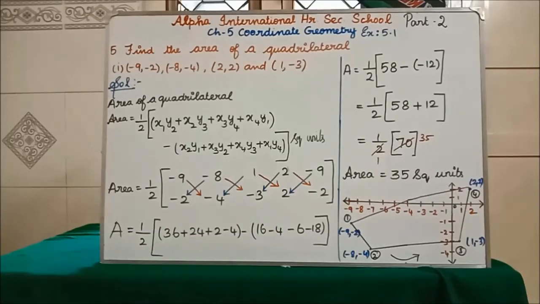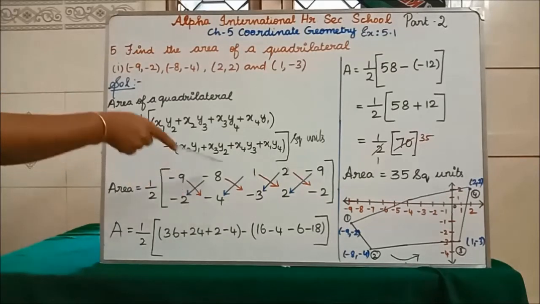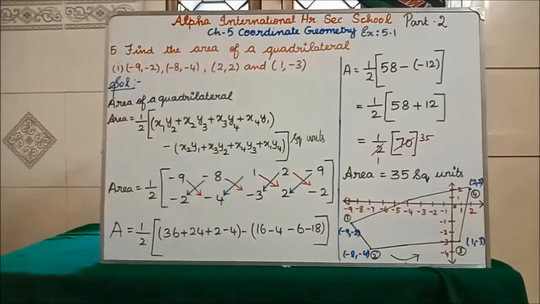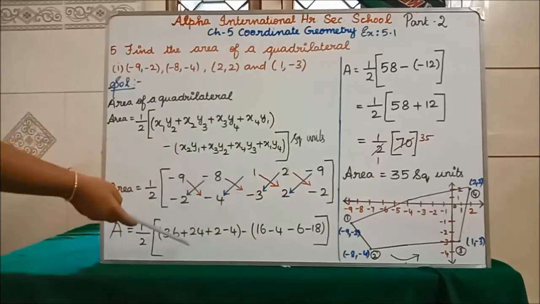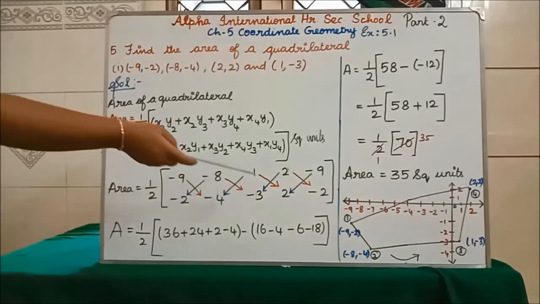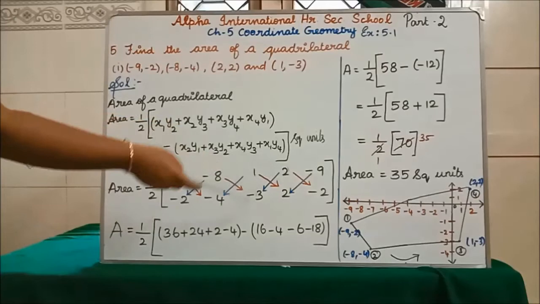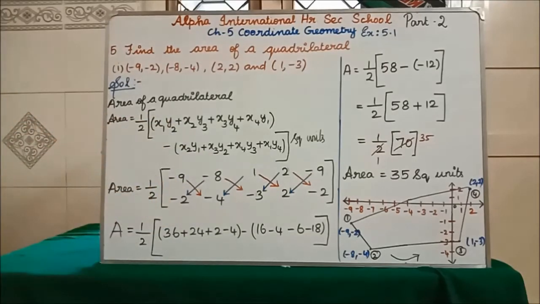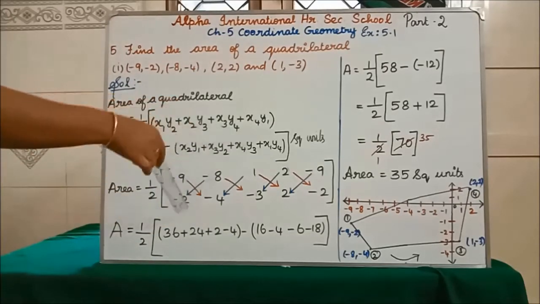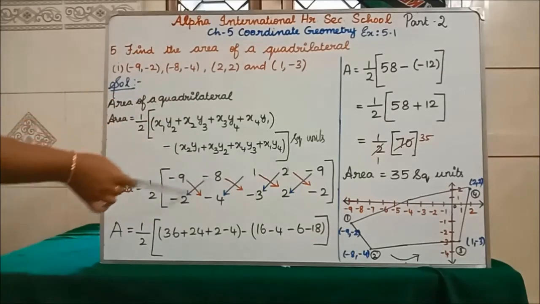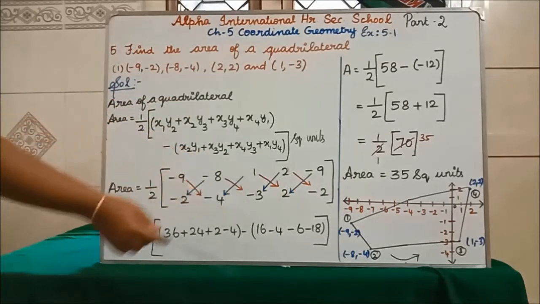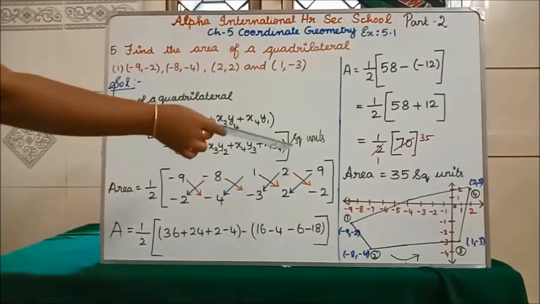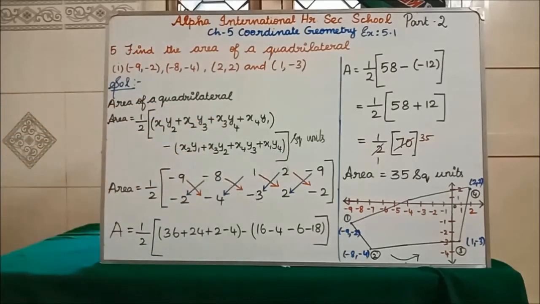First we have to put one side arrow mark. Students, you have to put it from left to right only. Red arrow mark only you have to put first. Clear, all of you? So 9 4s are 36, minus minus plus. 8 3s are 24, minus minus plus. 1 2 is 2. 2 2s are, minus we are having, so minus 4. In between, minus. Now we are going to do it in the opposite direction. 8 2s are 16. 1 4s are minus 4. 3 2s are minus 6. 9 2s are minus 18.